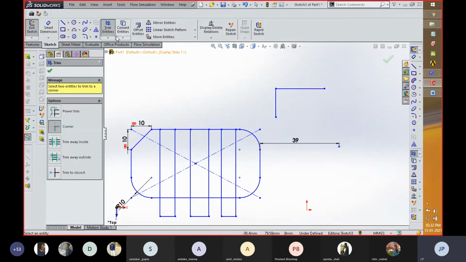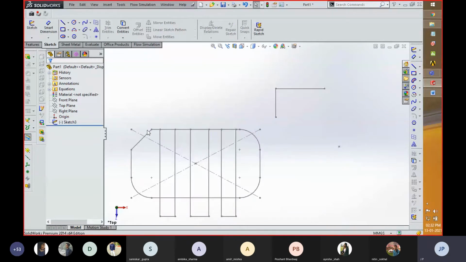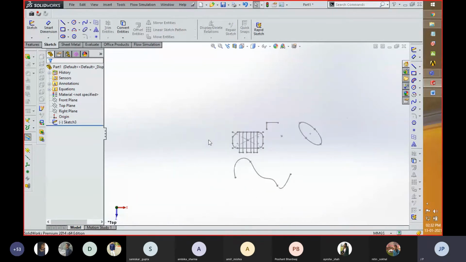Now the other things are convert entities and offset entities. Convert entity is a very useful feature of this software, and it may be available in other software also. If you want to create a copy of all these components or this whole sketch in a single click, first of all we need a datum plane for converting these entities.